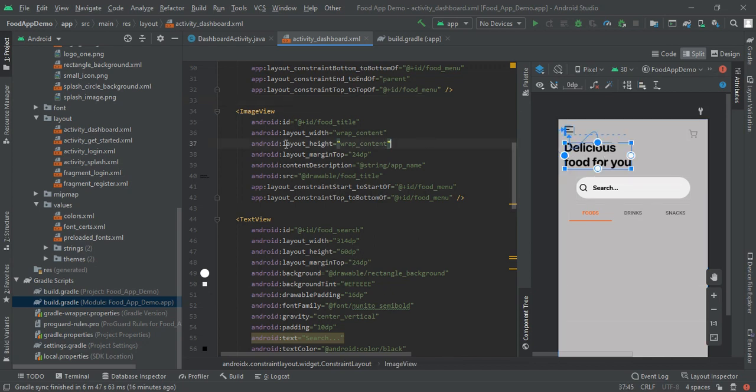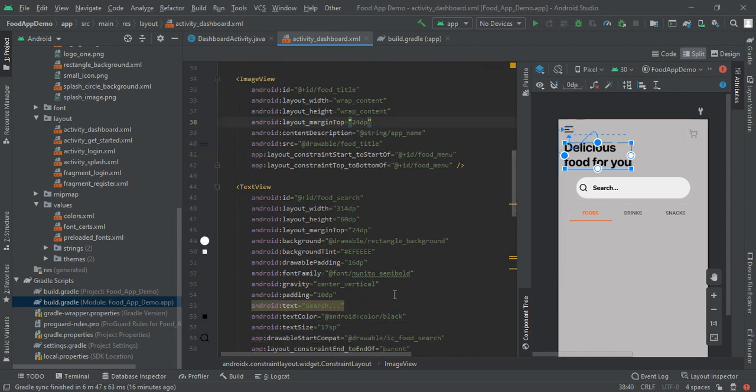Now I found this font family is for Apple, so I had taken its image. My image name is food title, and its width and height I had taken is wrap content, and I had also added its margin top, which is 24 dp, and I constrained them with our food menu.